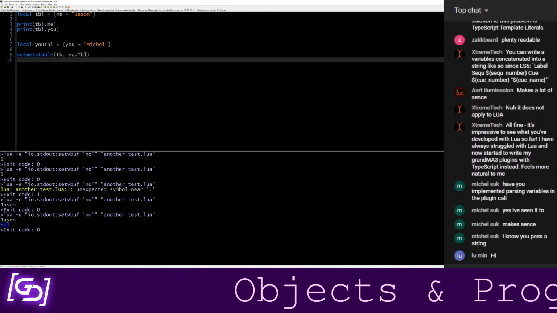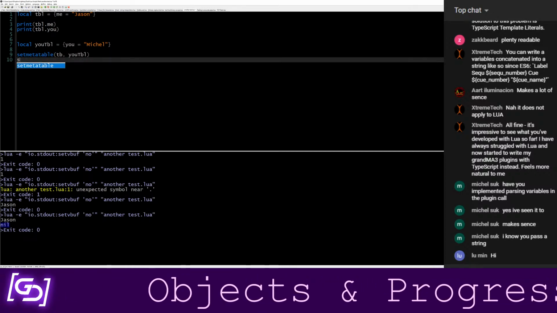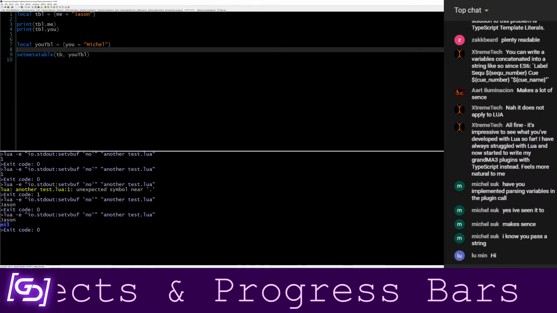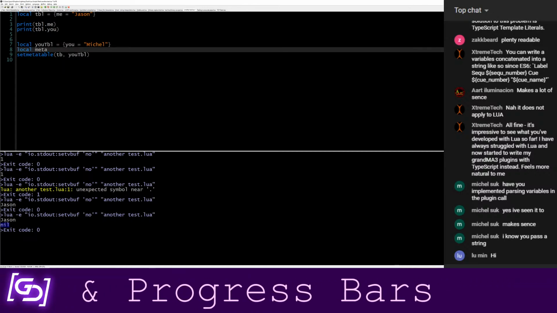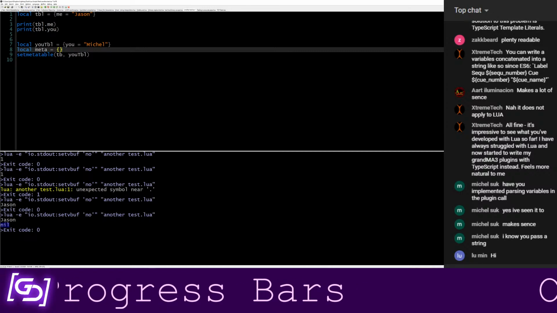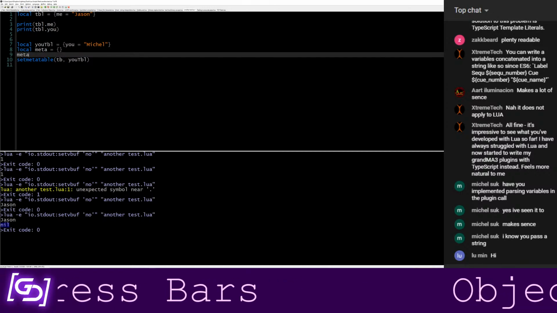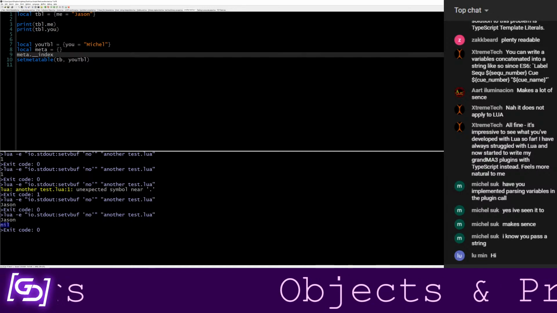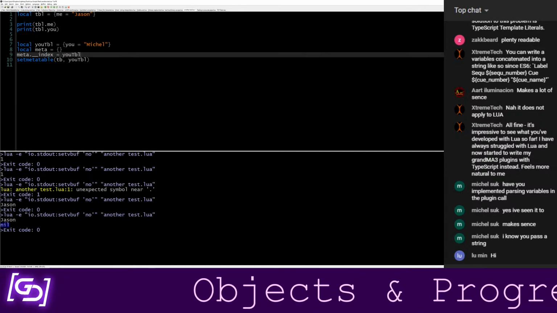And I'm also going to set the, nope, we're going to do this differently. Local meta is just a table. And we're going to say meta dot, and then the double underscore index equals u table.